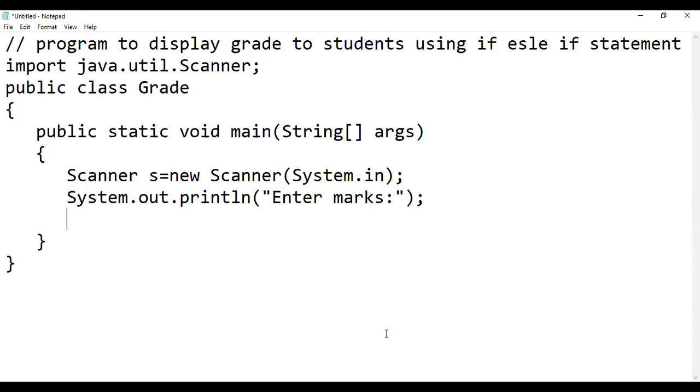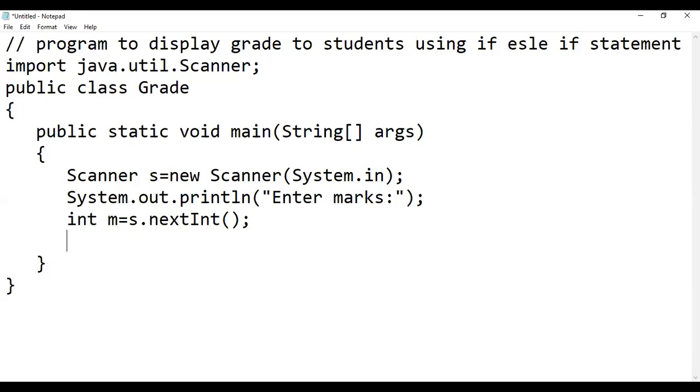So we want to store our value entered by user into marks. So now I am declaring a variable of integer type m. M stands for marks. You can use as per your choice. So now next integer method will be invoked. So now user enters marks, for example 60.